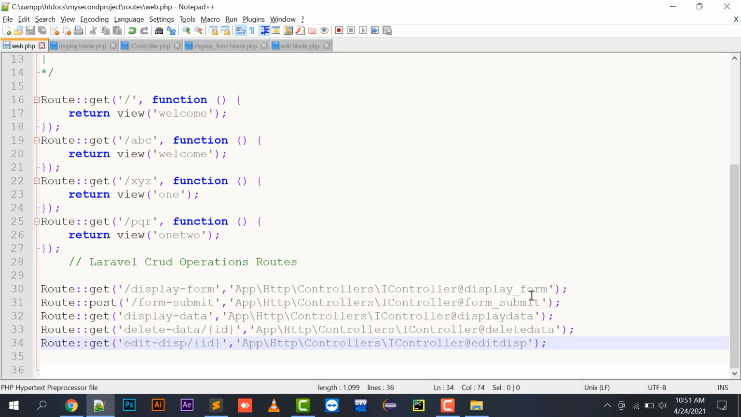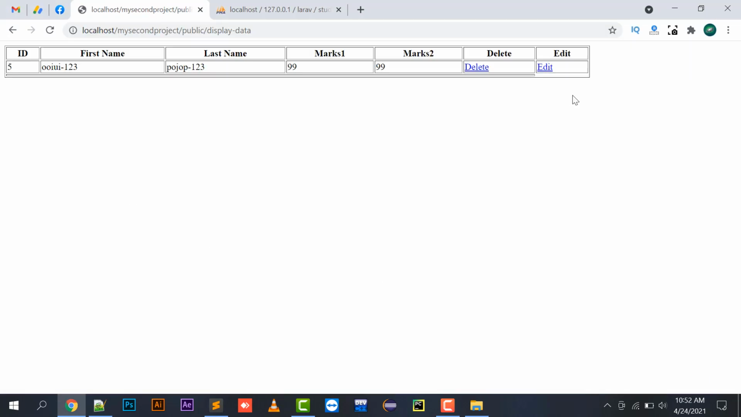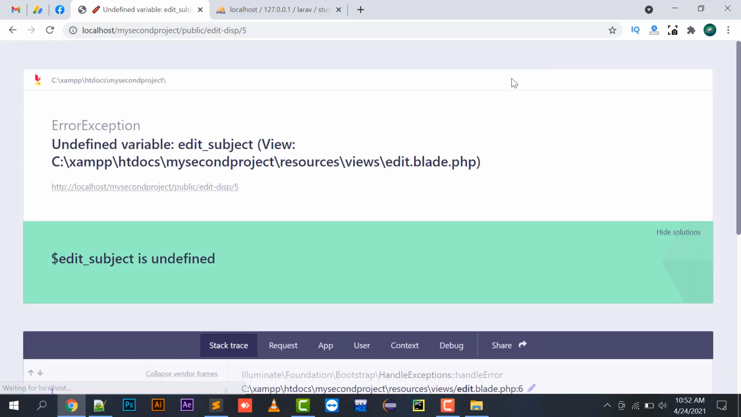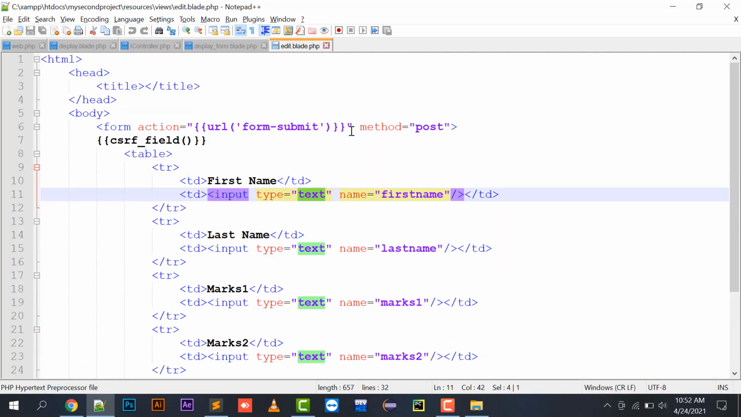It's unexpected. So I have not put the semicolon here also. You need to put a semicolon so that there is not any error and there should be a line break over there. So if I click on the edit button, it is going to take me to this edit file,